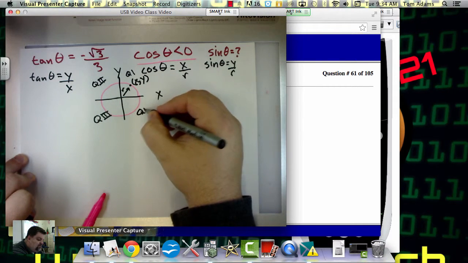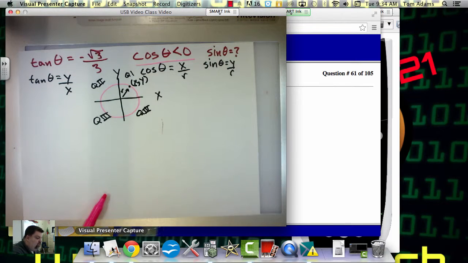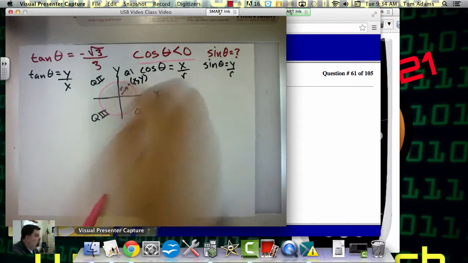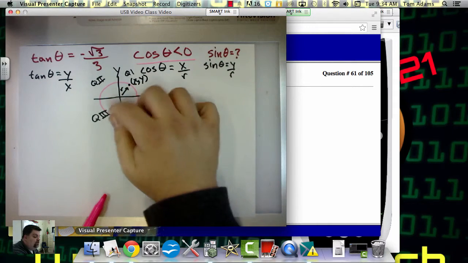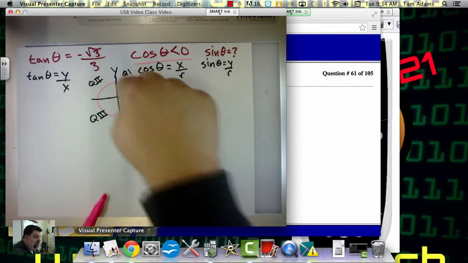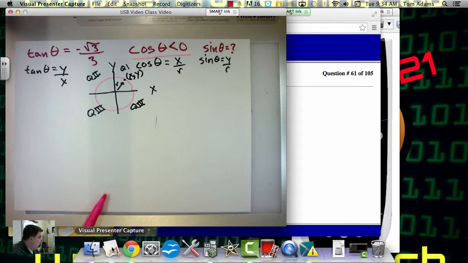I used to get so mad. When I first learned this, my professor would say, "What quadrant is this?" And I used to count the other way. I used to say 1, 2, 3, 4. And I said, "Why can't you start here?" I go like 1, like a clock. Well, they don't, so get used to it. So anyways,